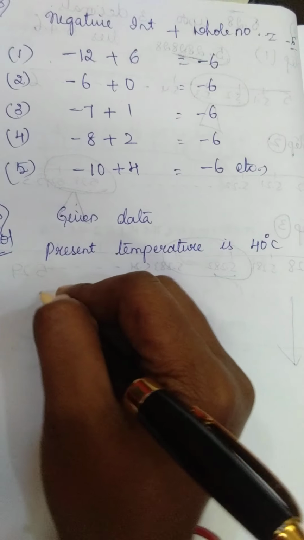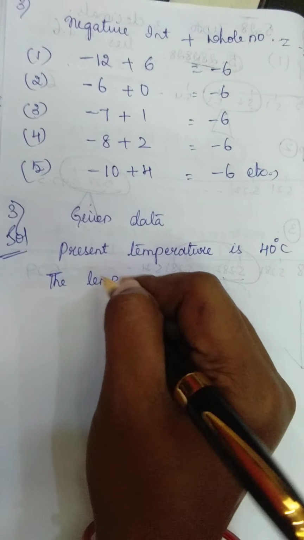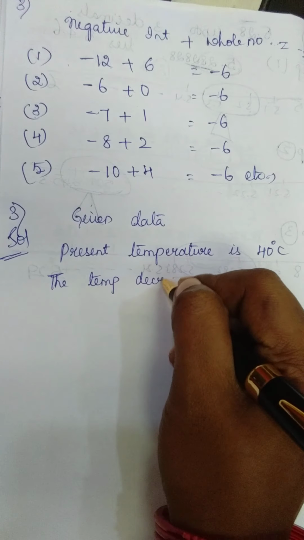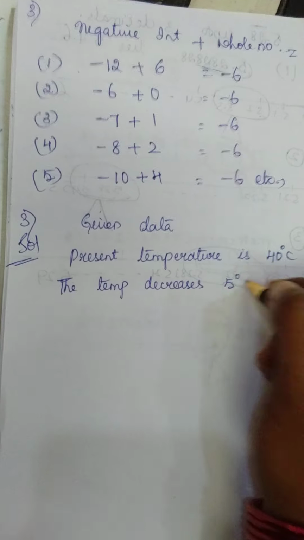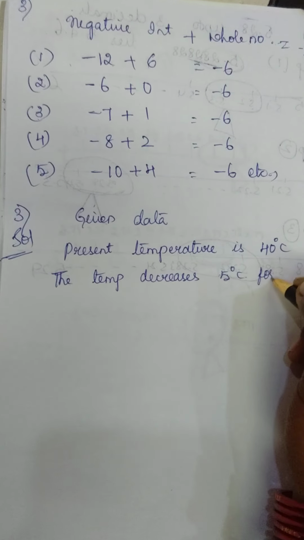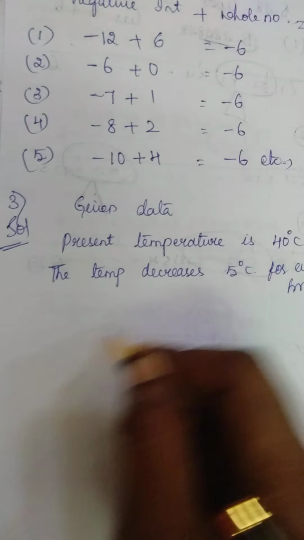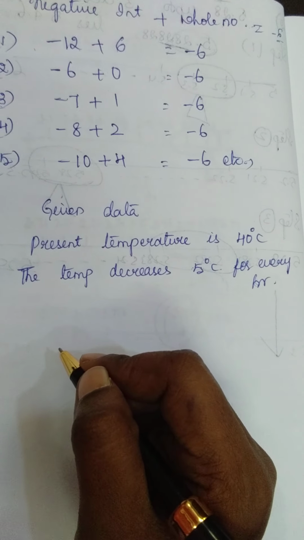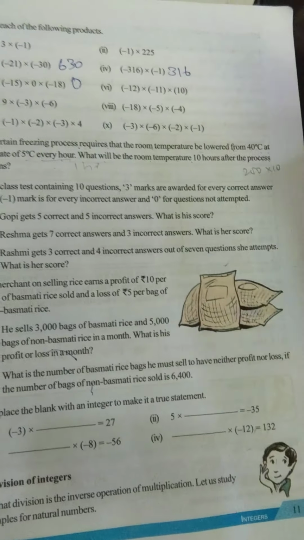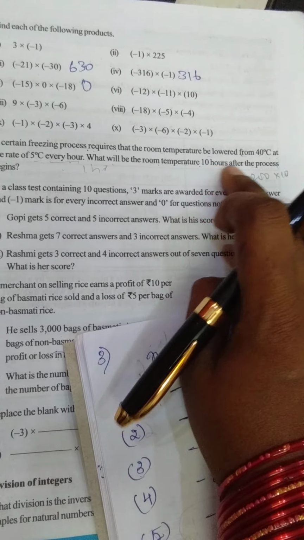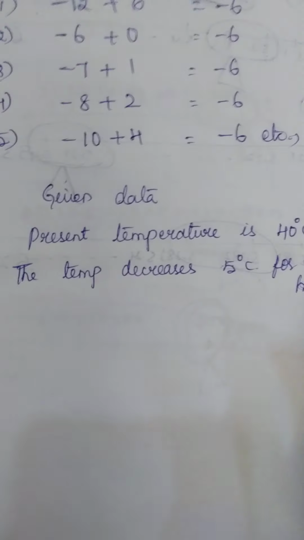Next, what is the question? The temperature decreases 5 degrees centigrade for every hour. At every hour, 5 degrees centigrade decreases the room temperature. Now finally, see the question: what will be the room temperature 10 hours after the process begins? After 10 hours means